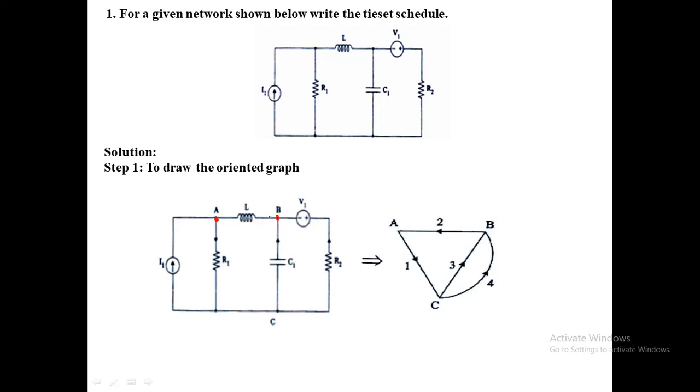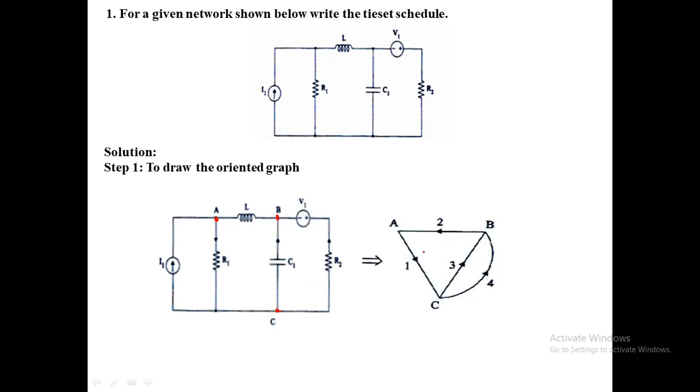Next one is B. Here inductance, capacitance and voltage are connected. Next, in this voltage and resistance are connected in series. We can consider this as single. Next, the end of this R2 resistance is C. Here these four components are connected in this same common point. This is ground. We can mark this as C node.